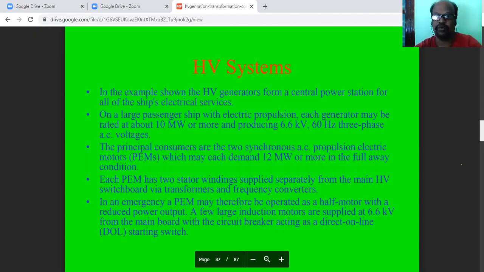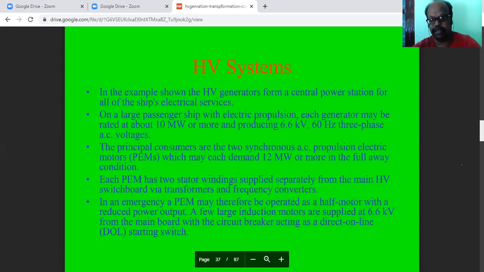We are producing only motors which can be run on a 50 or 60 hertz supply. In India, the standard supply frequency is 50 hertz, whereas most foreign countries use 60 hertz only. So for these accessories and components, mainly the propulsion electrical components like motors, that has to be decided and designed properly.